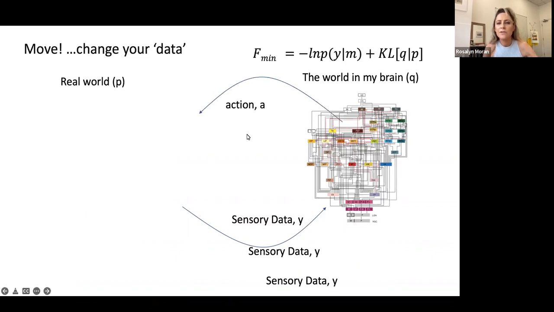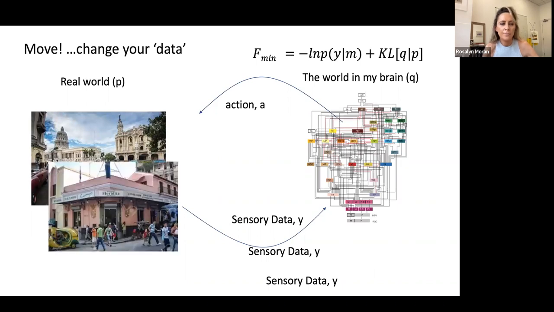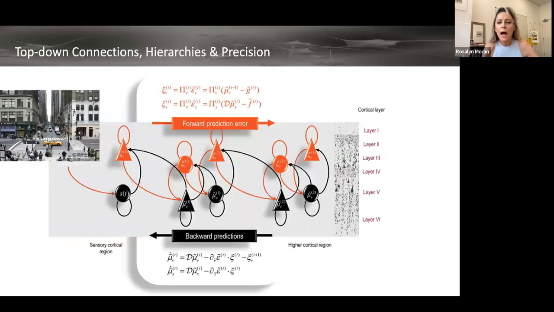So because the free energy principle has this negative log probability of incoming sensory data Y, if we can't alter our free energy through changing our Q, then we can alter it by changing our Y, or making our sensory data more predictable, so as to retain a homeostatic milieu. So we may move from Havana Center to the bar at El Floridita and get ourselves a daiquiri. And how this unfolds, we won't go through the maths because I know I have 2 minutes left or something in the talk,